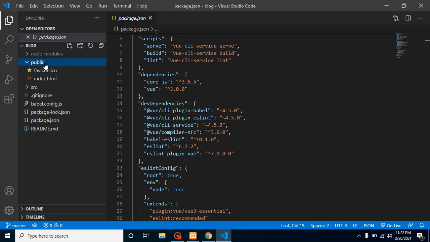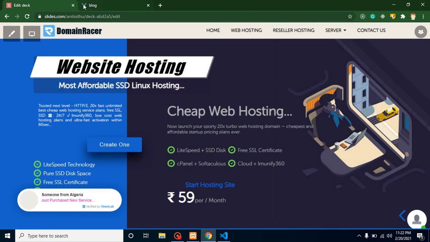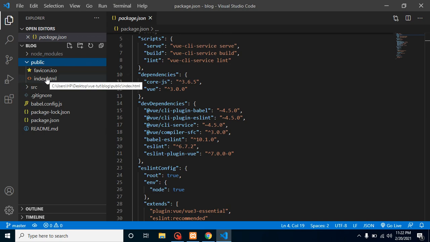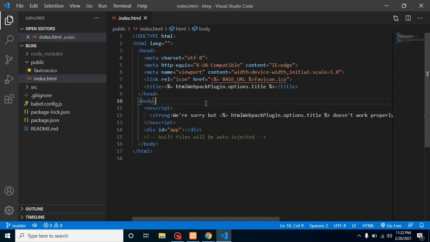After that, the public folder has two files. The first one is favicon. As you know, favicon is just used for showing an icon here like this, right? And the second one is index.html. This is the only single html file in our project, and it carries a div that has the id app, right?